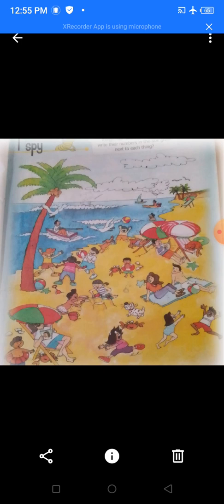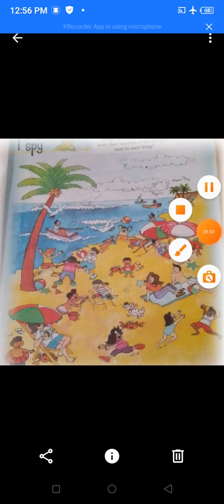Now, what you have to do here? You have to look at all the things which you can see on the screen in that picture of a beach, and you have to count what all things are there and in how much quantity, यानी कितने हैं आपको ढूंढने. Okay, so first, now you have looked at the beach photo. Now the first question here is coconut trees.